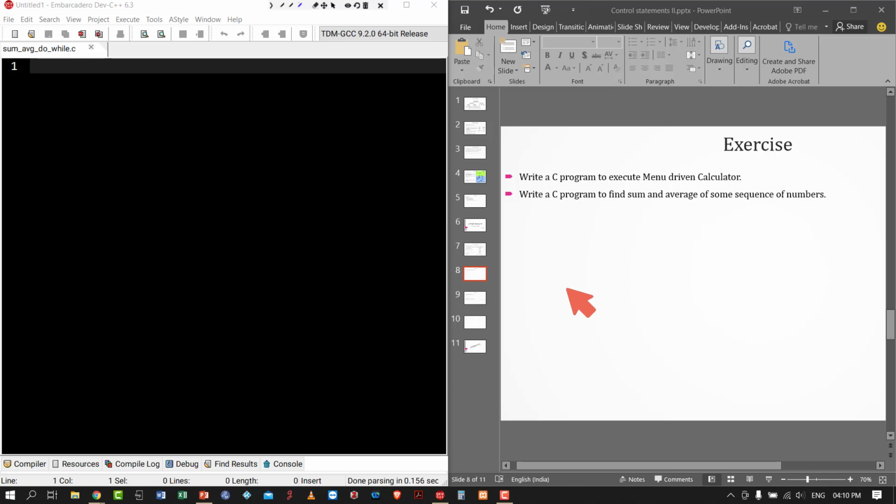It will continue like that until you press n. N means no. Internally you are reading the numbers and finding their sum, then in the end you will find the average of those entered numbers. I will write the program, then I will explain it.